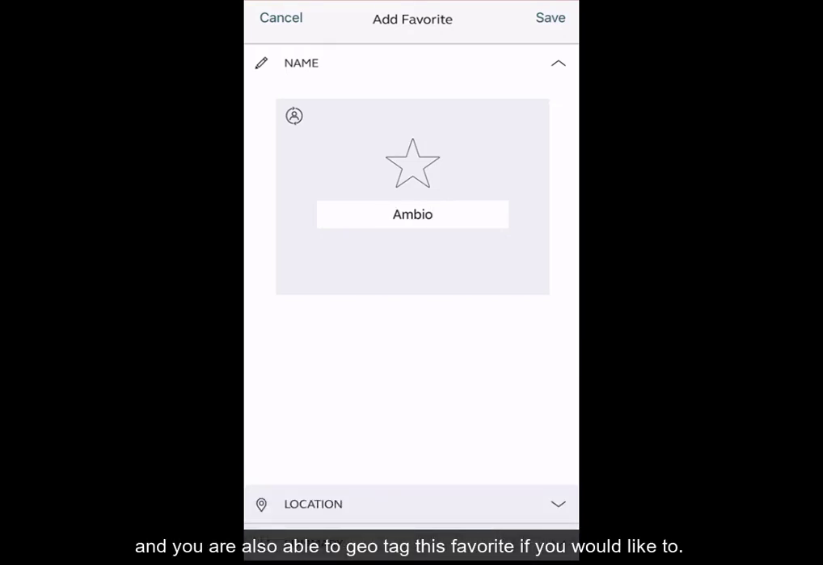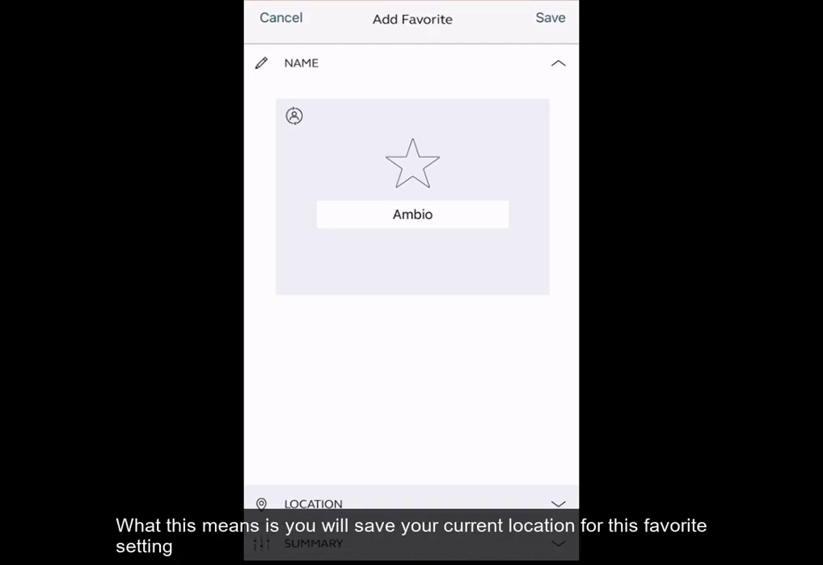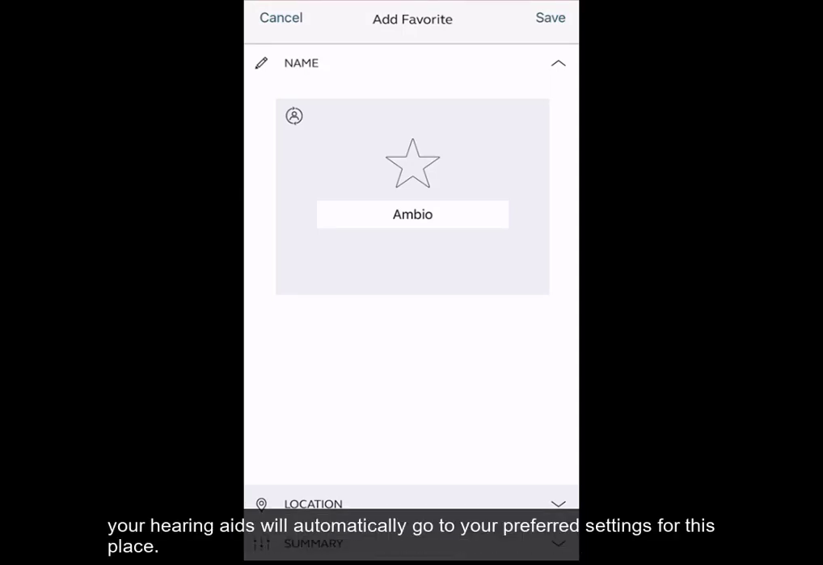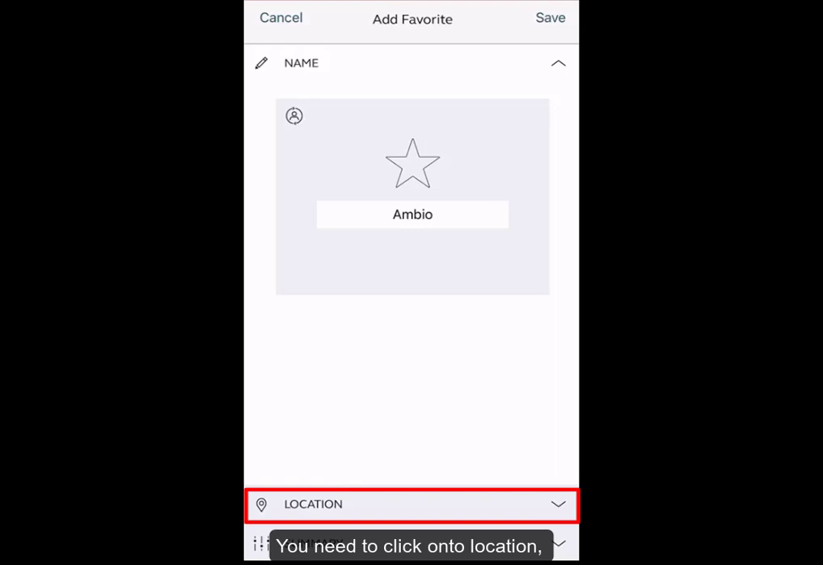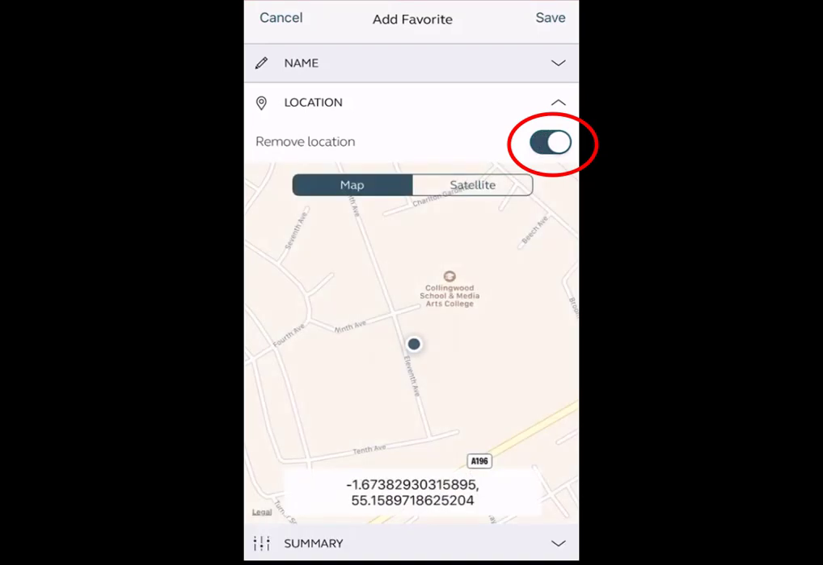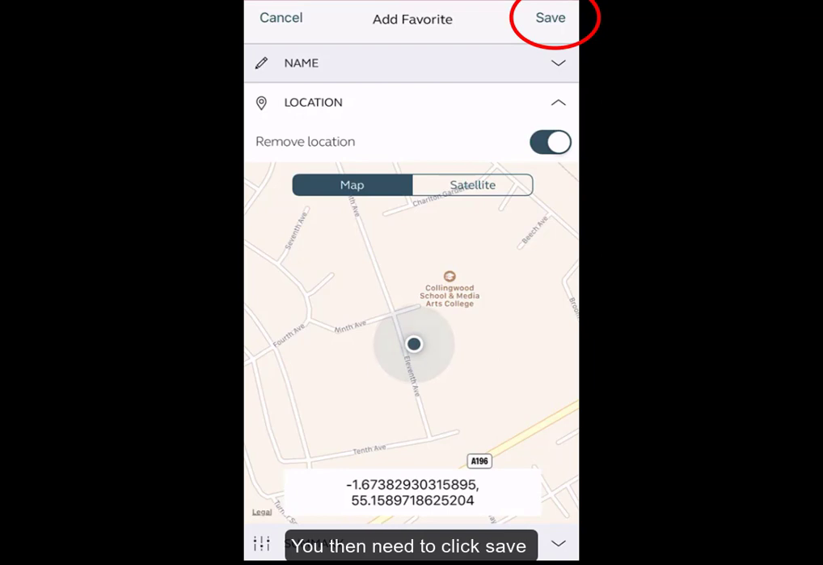And you are also able to geotag this favourite if you would like to. What this means is you will save your current location for this favourite setting, and next time you then go to this location, your hearing aids will automatically go to your preferred settings for this place. You need to click onto location and then use the add location toggle to turn this on. You then need to click save,